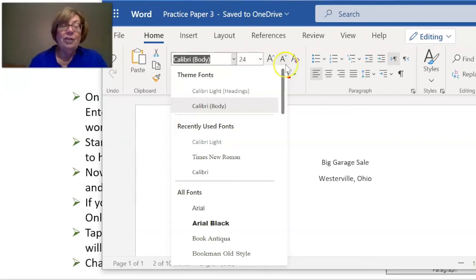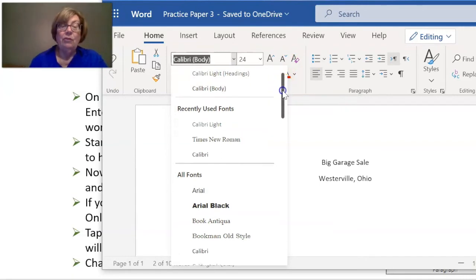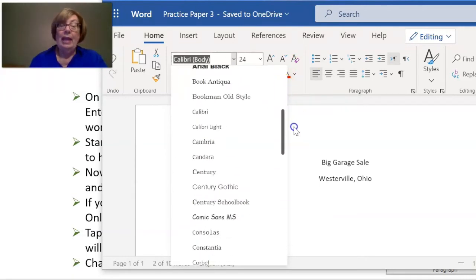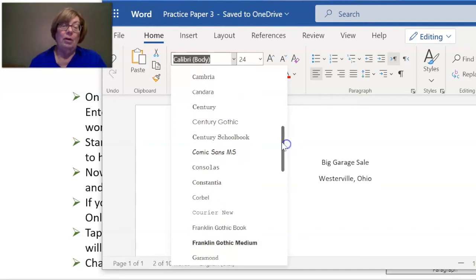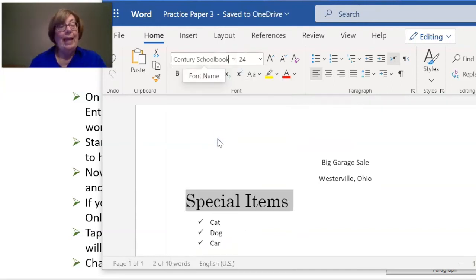But for this activity, let's use this big scroll bar and let's go down and choose Century Schoolbook. That looks like a nice font. I like that one. Let's click on that. And now Special Items is written in Century Schoolbook instead of Calibri. And the last thing let's do to make this look really cool when we're hanging up our garage sale flyer